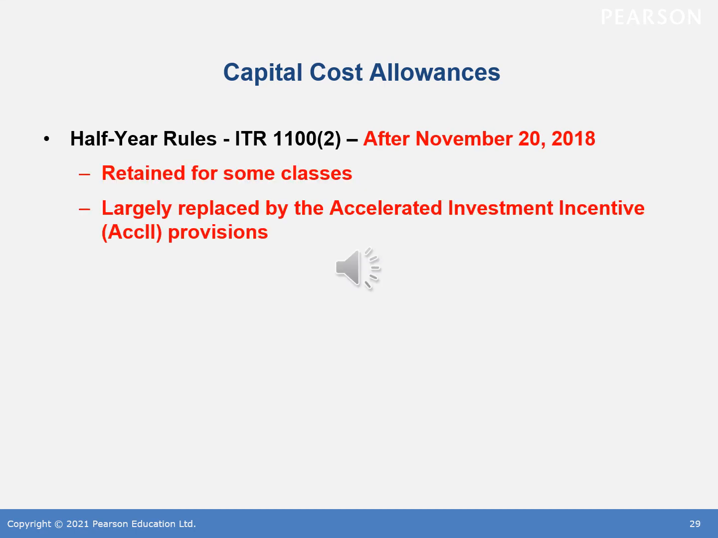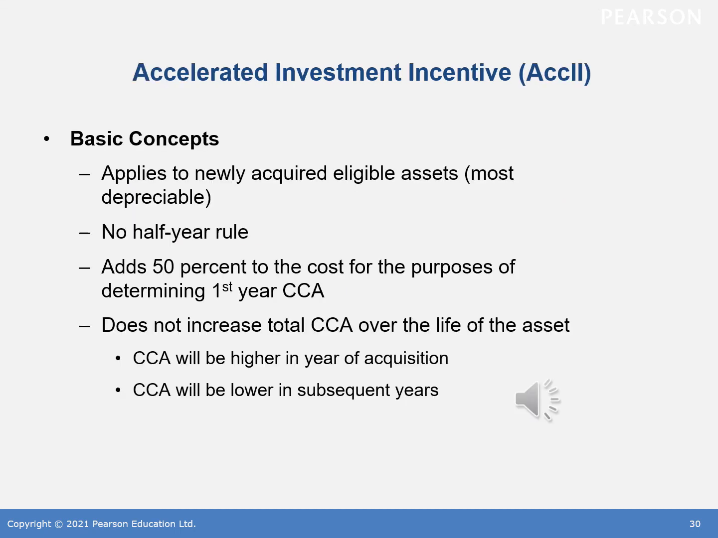And then we'll move on from where we had talked about half-year rules, and then there was the introduction of the accelerated investment incentive provisions, which came through the economic statement 2.5 years ago, November of 2018, where you can take additional CCA based on a grossed up amount for any additions in that year for the many asset classes. So under the accelerated investment incentive, it applies to newly acquired eligible assets, which are mostly depreciable. There is no longer a half-year rule, and it adds 50% to the cost for the purposes of determining the